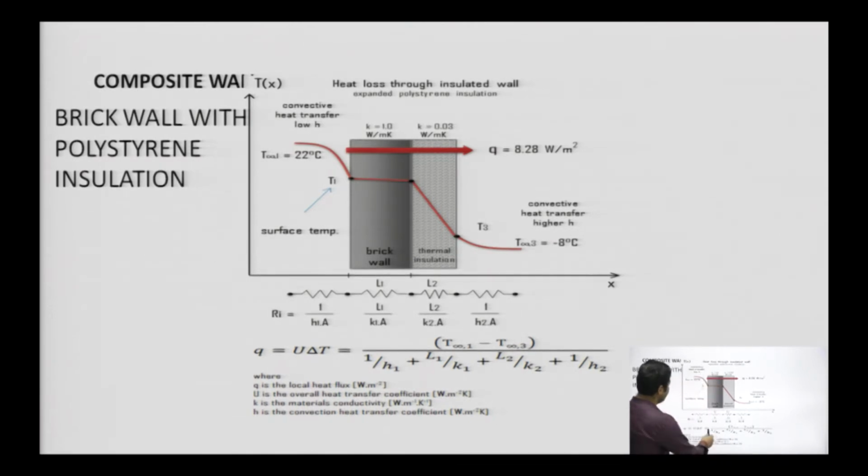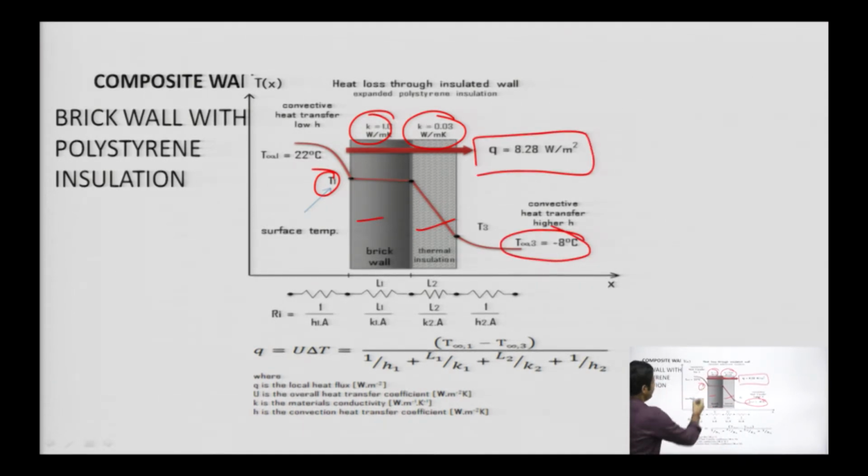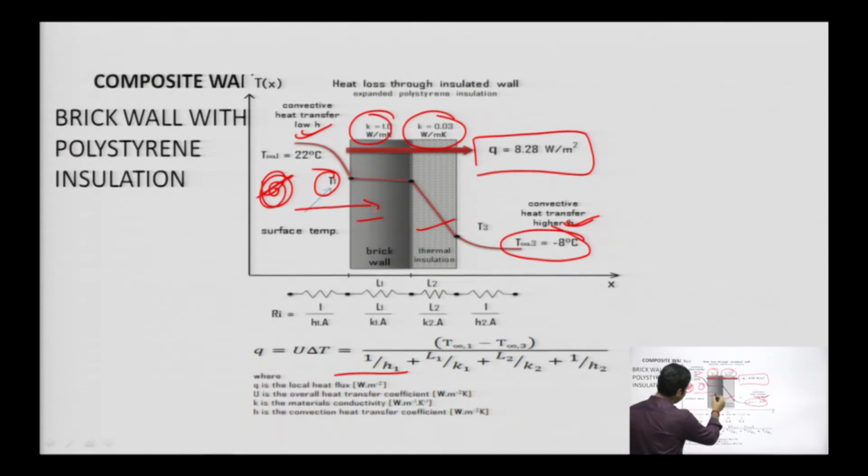See, there is one wall here, there is an insulation here, so there are two conductivities here. There is a temperature inside, there is a temperature outside. The heat is flowing per unit area. It has got one H here, it has got one H here. So look at it. First of all, the convection. The first resistance will be due to convection. Then the heat is coming across this, so it is L1 by K1.